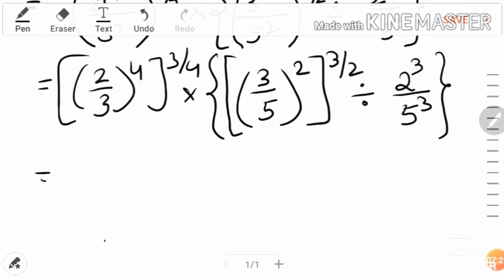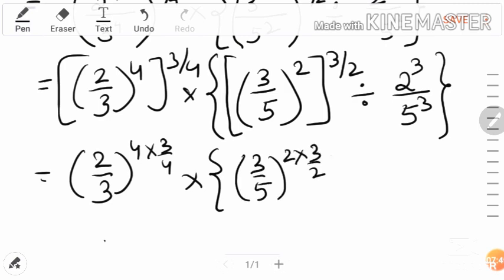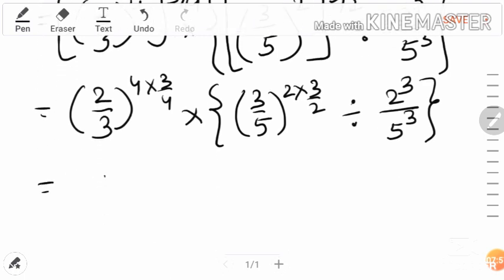Now we use the law of exponent, that is a to the power m to the power n, and write this term as a to the power m into n. So (2 upon 3) to the power 4 into 3 by 4, into (3 on 5) to the power 2 into 3 on 2, divided by 2 cube divided by 5 cube. So this is equal to,